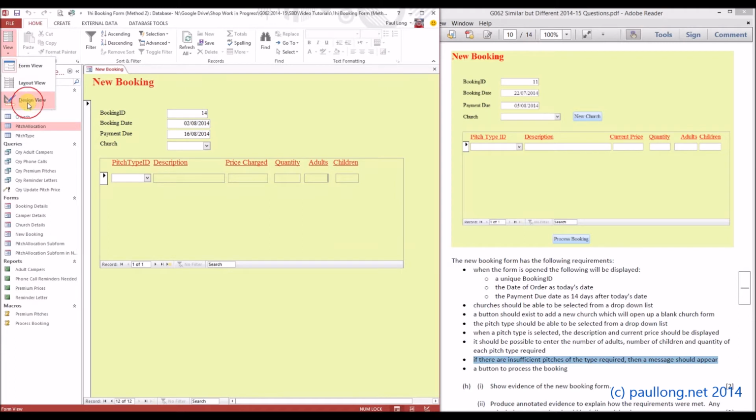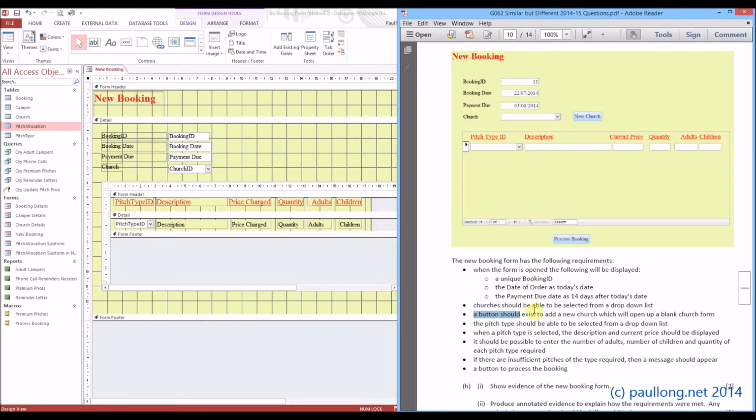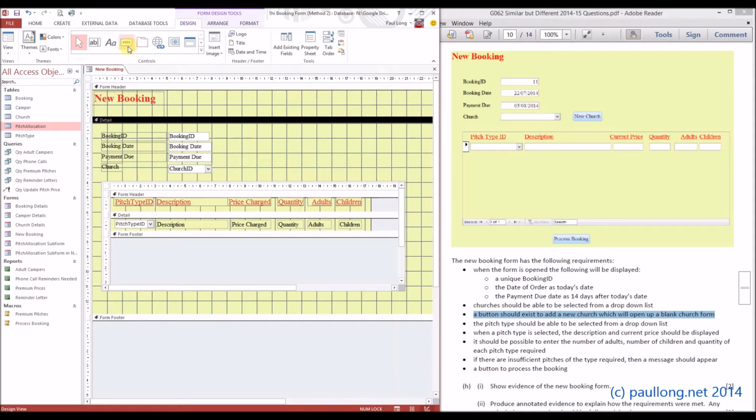We've now got 2 buttons to do. One button is going to be for the new church, and the other button is going to be to process the booking. So we're going to look at this one first, but we want to open up a blank church form. Now there's no straightforward way of doing this, so we have to do a little bit of a fix to get this to work. So we open a form as if we want to view specific data. So like you did one earlier before when you created a button and it would open up the corresponding data, but we're going to do it so that it can't find that data, and therefore it will always open up a blank form. So we're going to create a button,